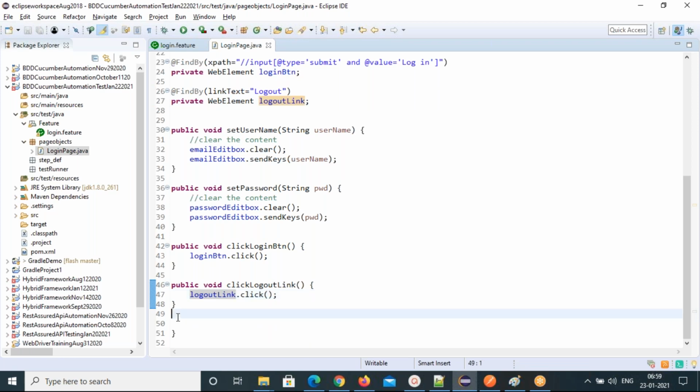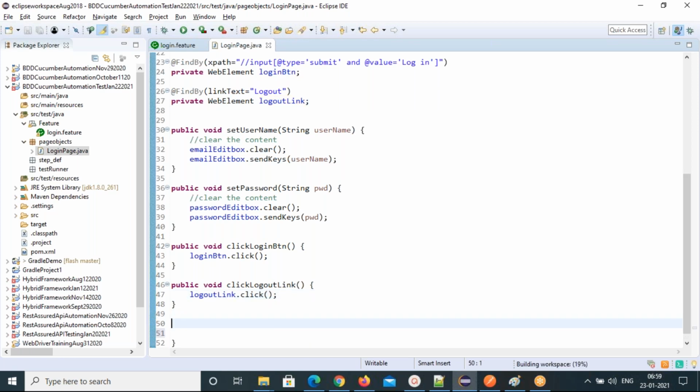And we need one more method here. I want to check whether a particular element is present. We already have an isElementPresent method in our WebDriver, but let's write it here. I'll just show you how to write a simple method. I want to return a boolean value whether the element is present or not.